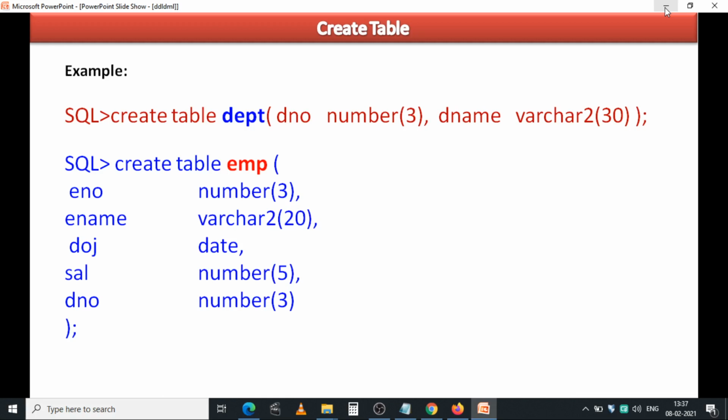And the second example is create table emp. In that table we are creating 5 columns: employee number, employee name, date of joining, salary, and department number. For every column, first of all you have to decide the column name and also its corresponding data type and size.